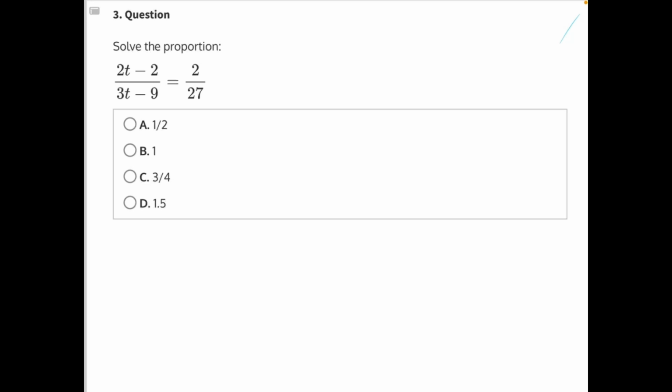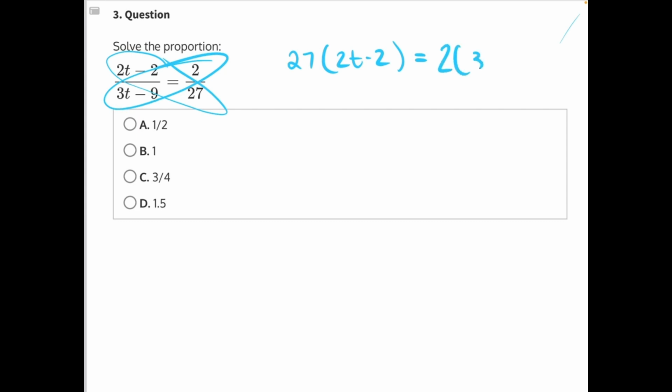To solve this proportion, let's start by cross multiplying 27 times 2t minus 2 and set that product equal to 2 times 3t minus 9. We can't resolve anything within the parentheses because variables and constants are not like terms, so we can just start